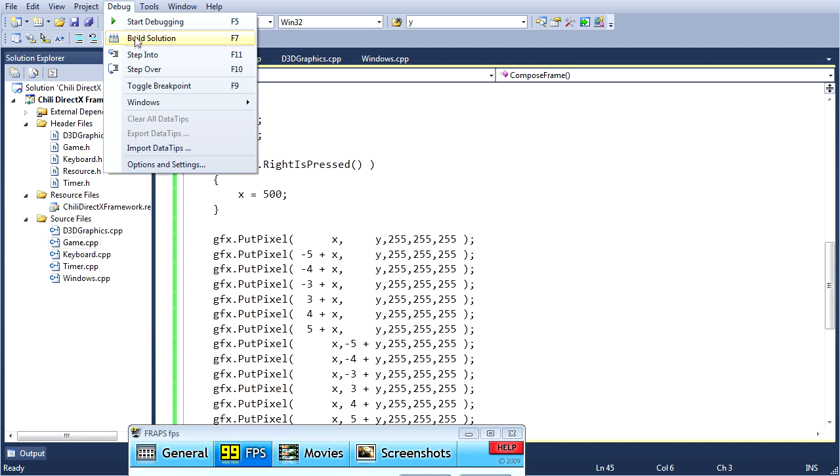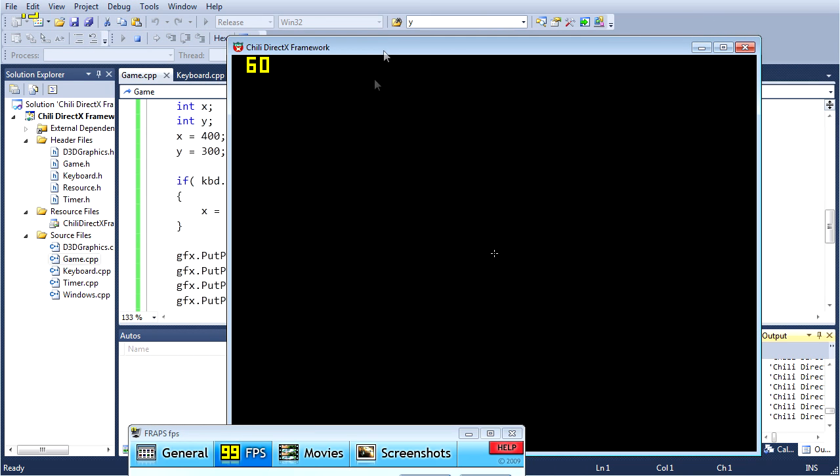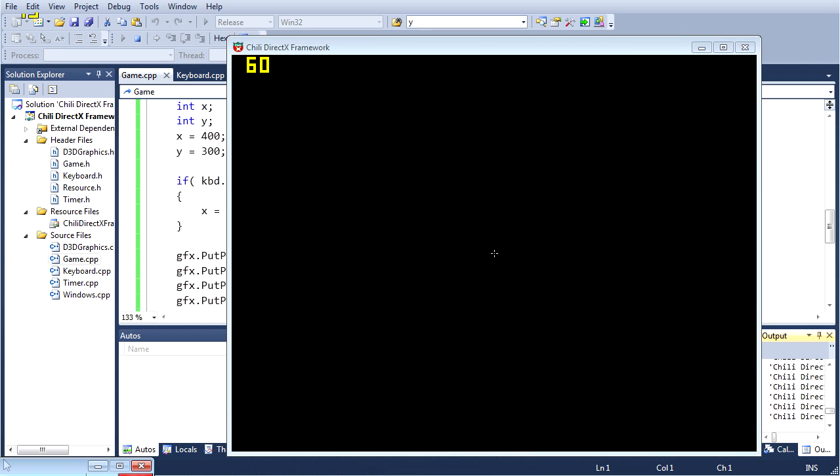And the overlay will show the frames per second. Alright, so here we go. And I hope you can see this pretty yellow 60 in the top left-hand corner of our window. That means that our application is redrawing the window 60 times a second,